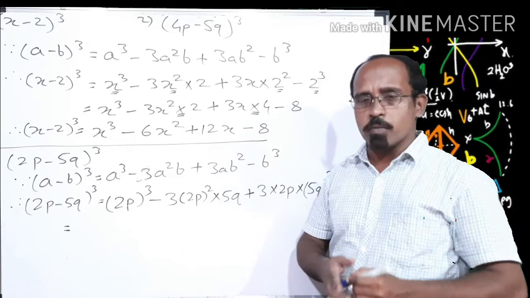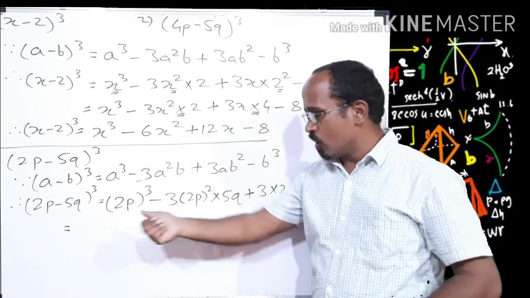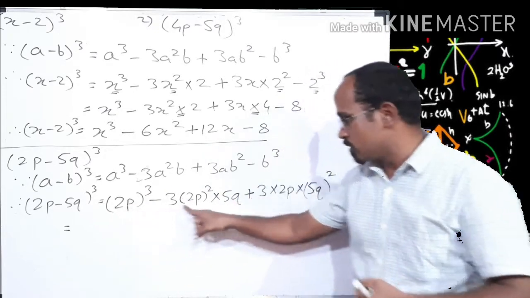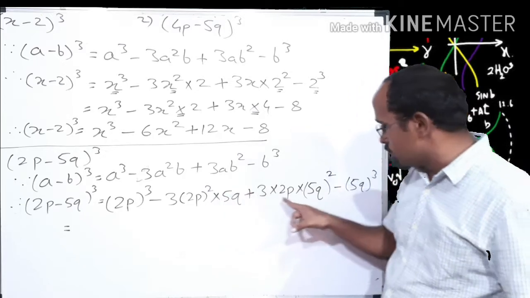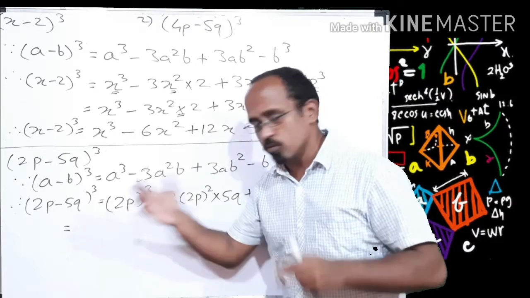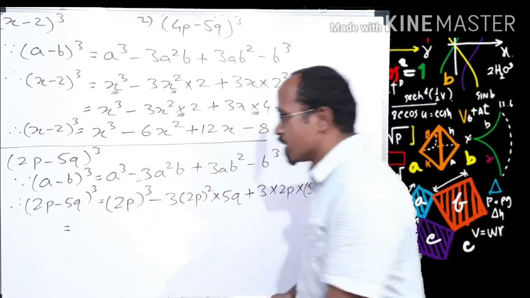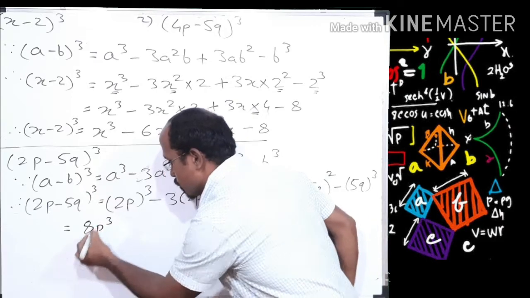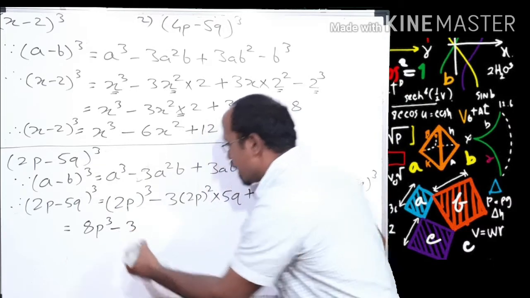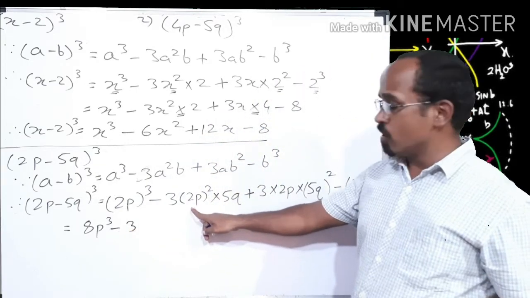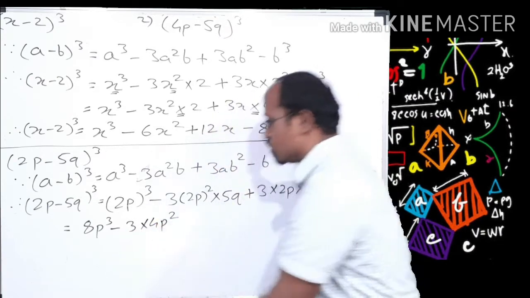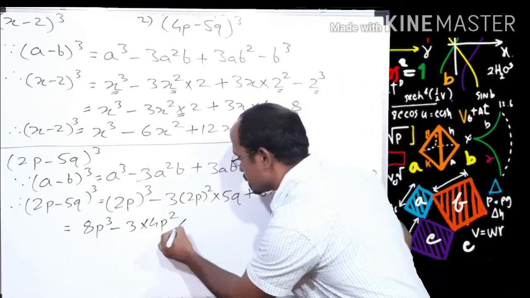Now let's apply BODMAS. According to BODMAS, first is bracket, then order. So here is one bracket. What is there in the bracket? Order. So it comes bracket with order. This one also bracket, order, bracket as well as order. So bracket and order, two operations we are solving together. (2p) cube is nothing but 8p cube, cube of 2 into cube of p, minus 3 into (2p) square. Square of 2p is 4p square. So 3 multiplied by 4p square. Clear? Into 5q